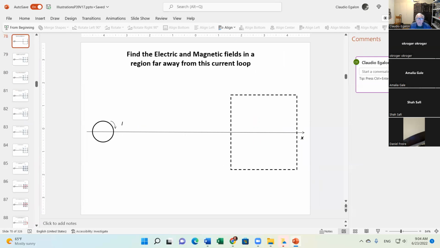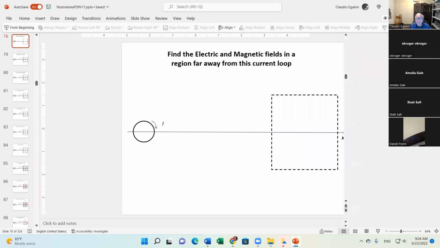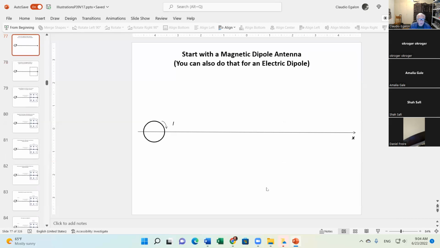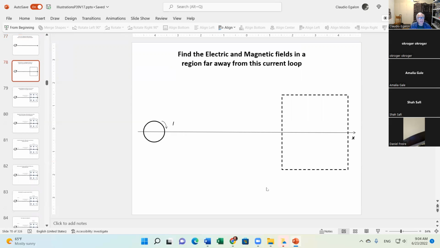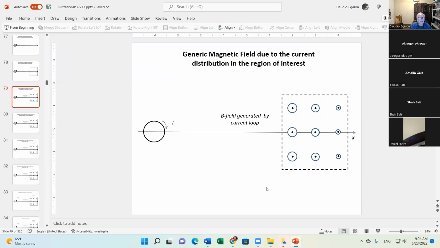Why does the thing keep on showing up? Let's see. Yeah, good. Now it doesn't show up anymore. It's going to produce a magnetic field in that region very far away. And because we have no electric charges and no electric currents, Maxwell's equations become simplified, right? Without charges, without electric currents. Here are the magnetic fields.